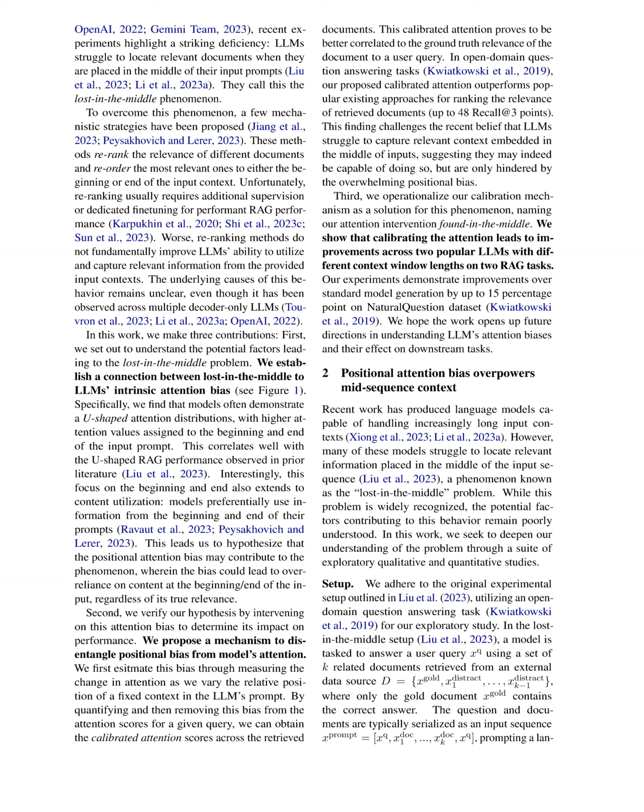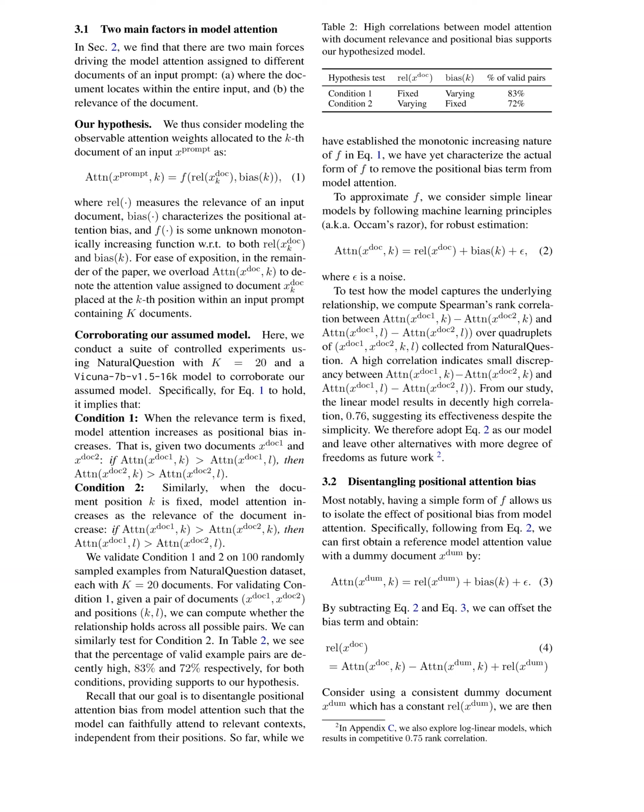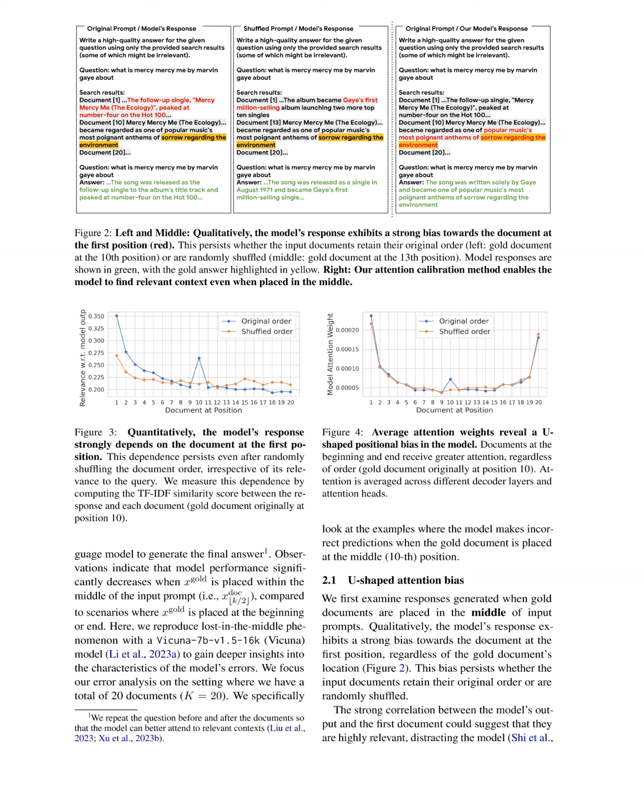First, that model attention increases as positional bias increases when the relevance term is fixed, and second, that model attention increases as the relevance of the document increases when the document position is fixed. These conditions are validated on 100 randomly sampled examples from the natural question dataset with 20 documents. The percentage of valid example pairs for both conditions is decently high, at 83% and 72% respectively, providing support for